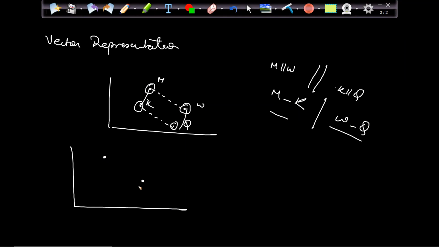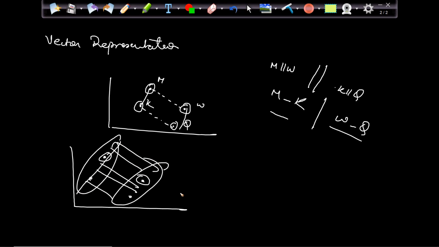country and capital. Suppose India, then Delhi, same way other countries and their capitals. So you will see vectors which are parallel to each other, where these are my countries and these are my capitals. It works well in the tenses also.